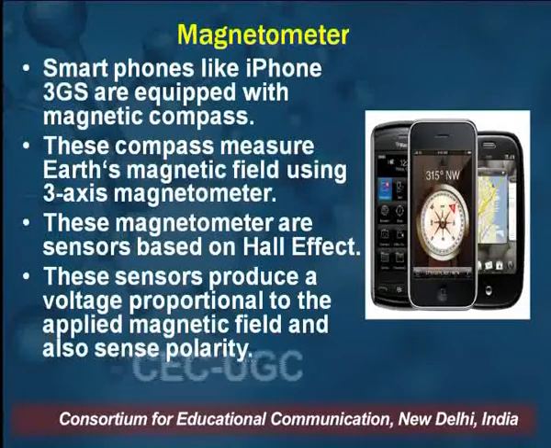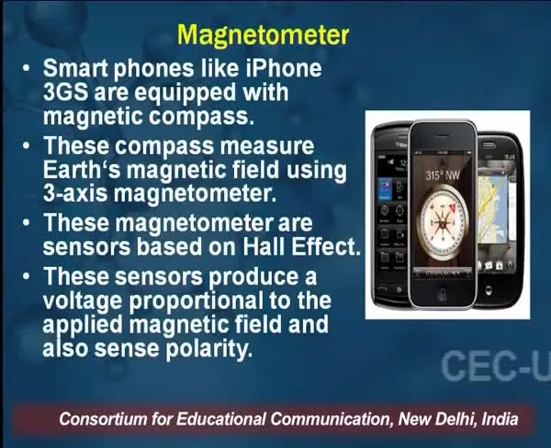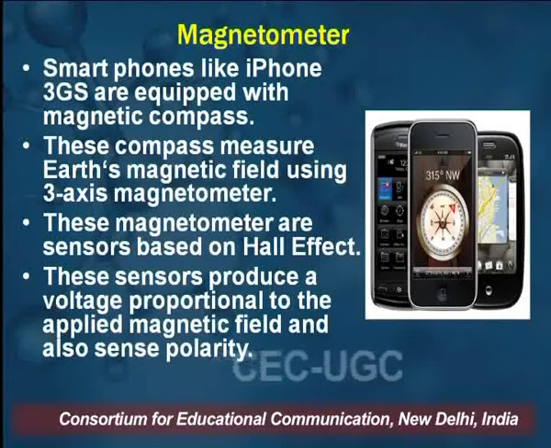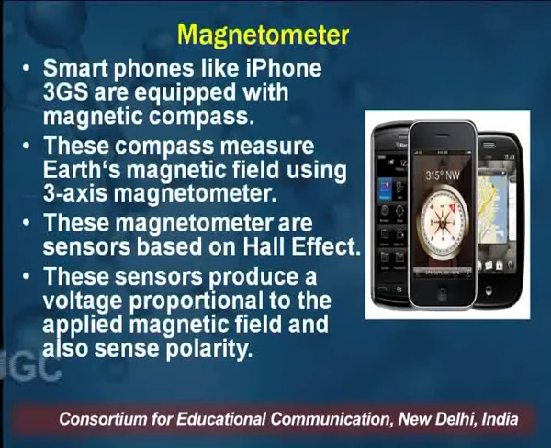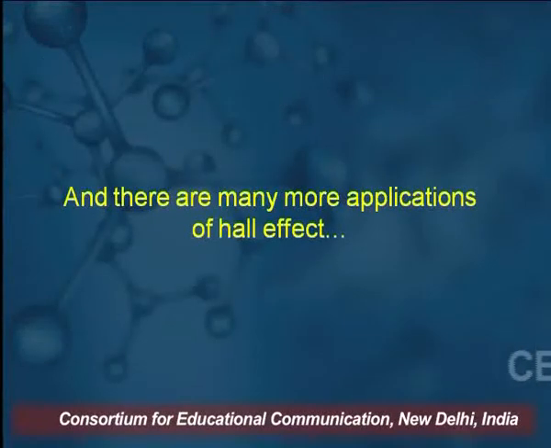These sensors can be adjusted by changing the voltage, and this voltage is proportional to the magnetic field. Here we can change the magnetic field, so the voltage can be changed, and the sense polarity also can be measured by using this magnetometer. Now, there are many applications of the